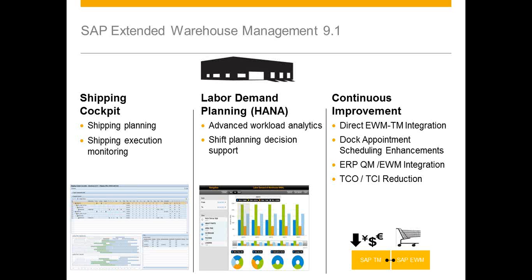as supervisor. Then we have some other areas under continuous improvement, such as direct TM EWM integration, enhancements to dock appointment scheduling, which was released in 9.0 for the first time, enhancements to the quality management integration between ERP and EWM, and additional things that we do in practically every release are to reduce the cost of ownership and the